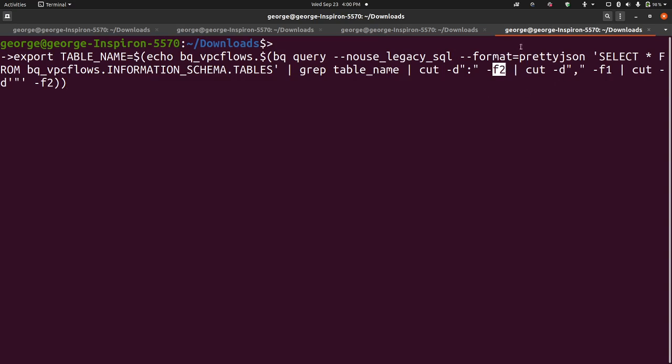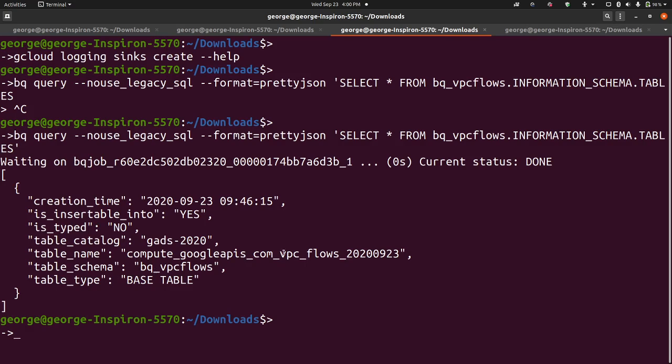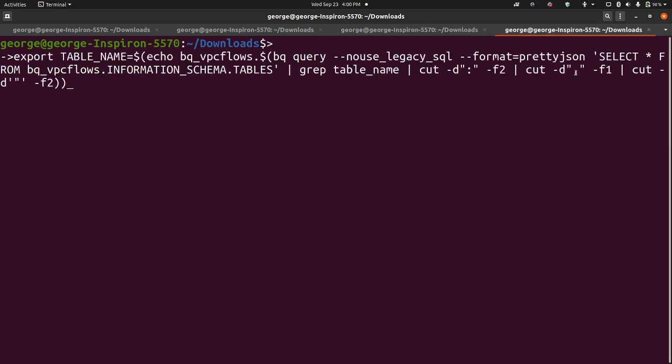Then I'll pipe it in and get rid of this one, because this will be returned too, as you can see here. And finally I cut it and divide based on the quotation marks and return the second field, and of course it gives me the table name. Okay, so if I were to remove all of this,